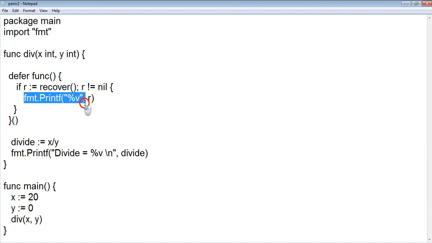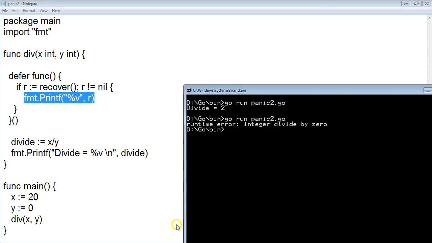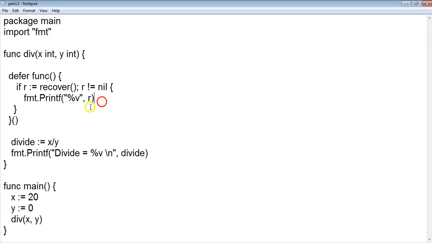That particular value, which is the runtime error, is going to be printed using this fmt.Printf statement. That is what you get here. The error is runtime error because integer is divided by 0. And you might be wondering about another thing as well. You use a %v. Generally for any kind of integer or numeric variables, you use a %d, which represents it as a decimal type of variant. But this %v is only for those called variant data types.